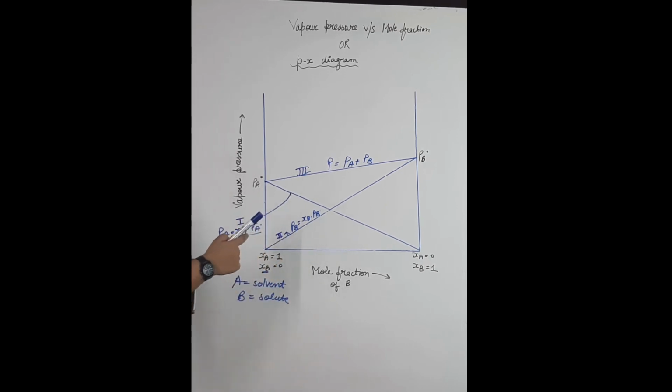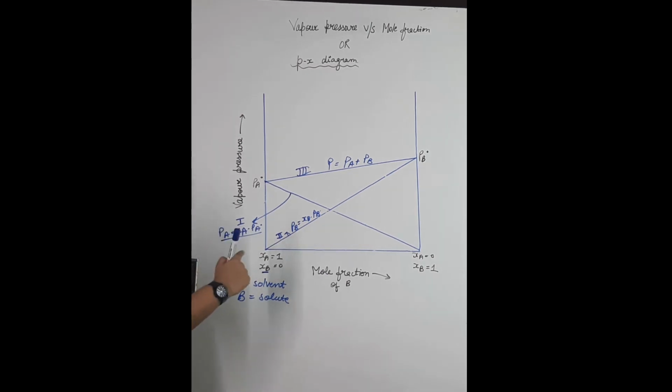Otherwise this is not a straight line, but it will show a parabolic path: the lower parabola for negative deviation, while the upper parabola for positive deviation. But you have to consider this only for your syllabus. Next, you can note down some important points. Raoult's law is applicable only if the two components form a solution. This is not applicable if two liquids are not completely miscible.